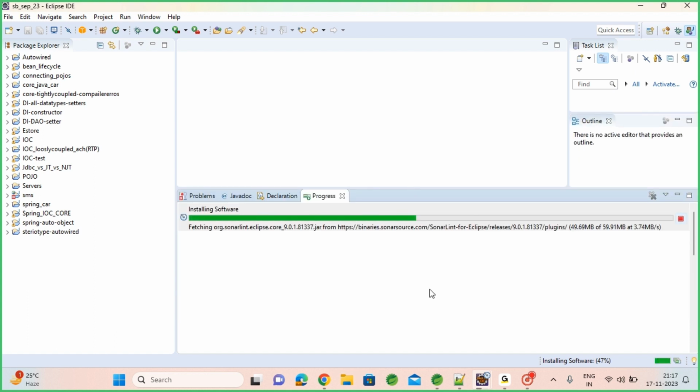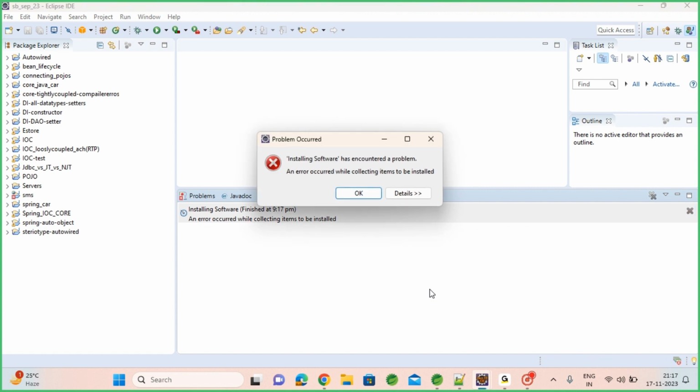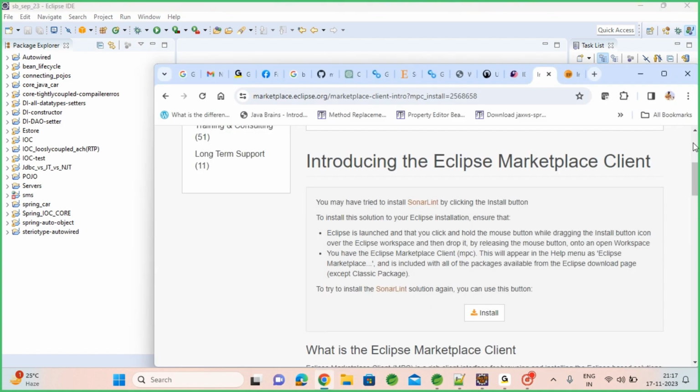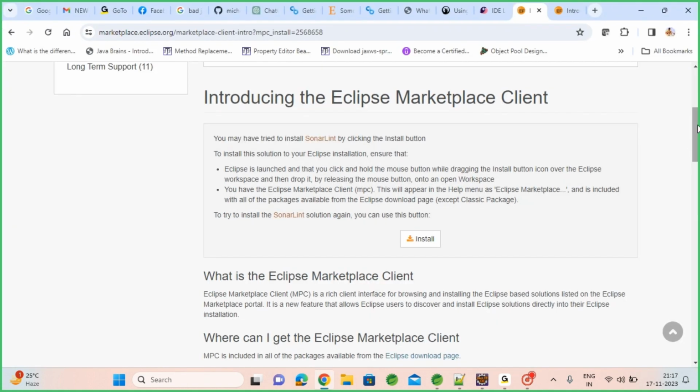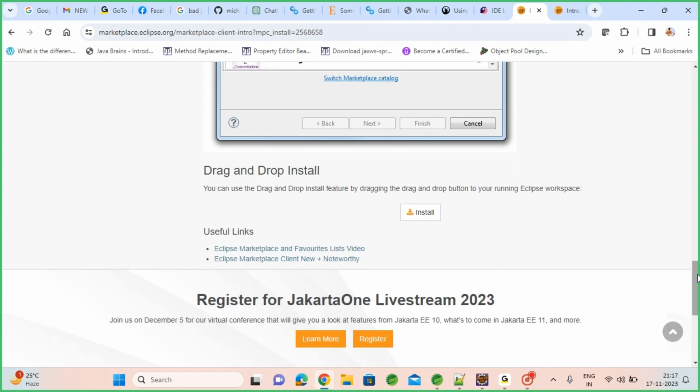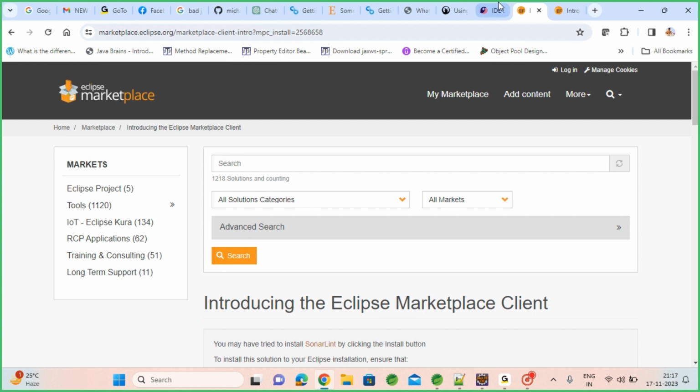Let it finish. Almost 56 MB. Okay. SonarLint is failing. If it is not working,